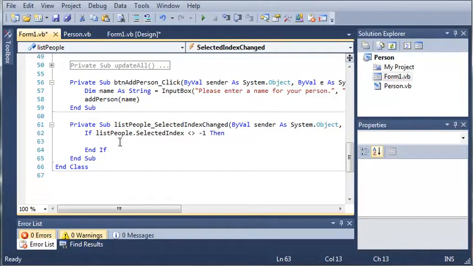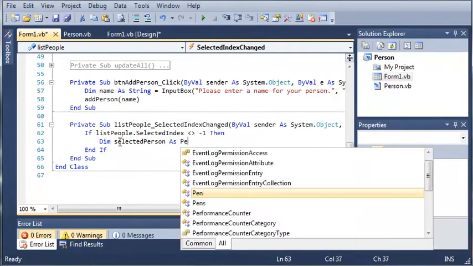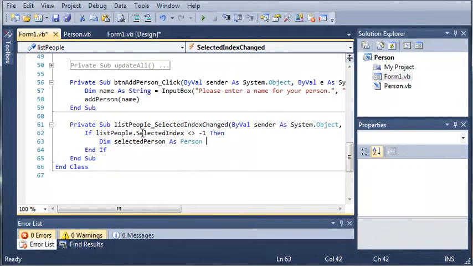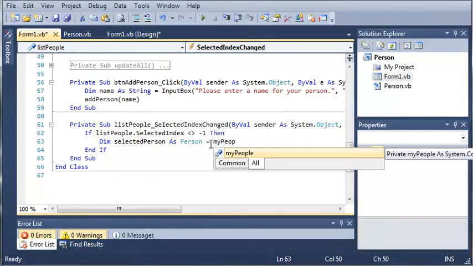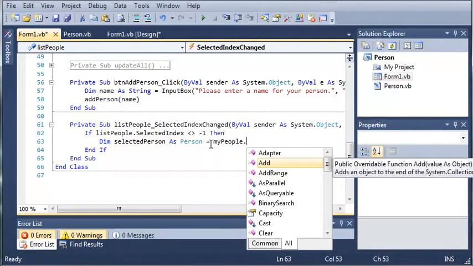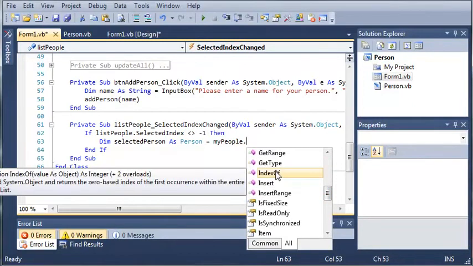Now what we need to do is get the person that has been selected. So we'll go ahead and type dim selected person as person. So we declared a selected person as a person, and notice that we didn't use a new keyword to create a new person. We're going to set this person equal to my people dot, and we'll come down here and you can see that we got a whole bunch of stuff that we can use, and we're going to use index of,